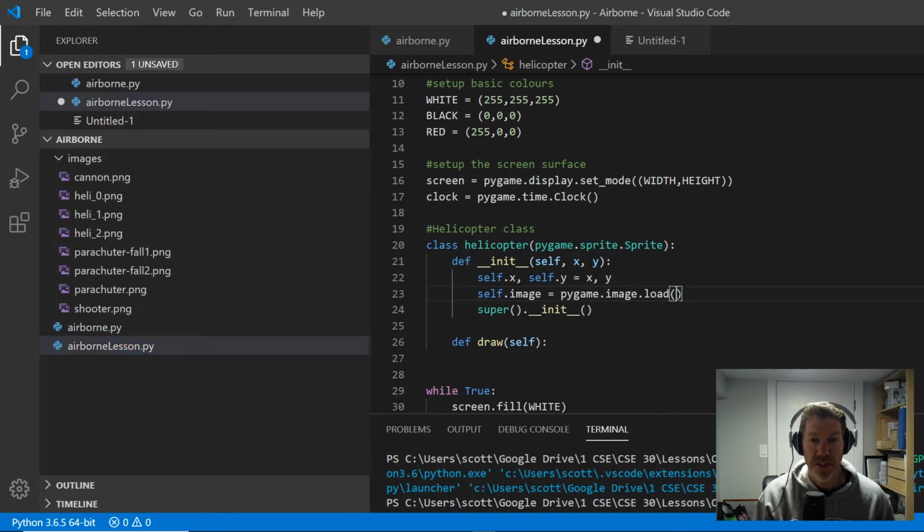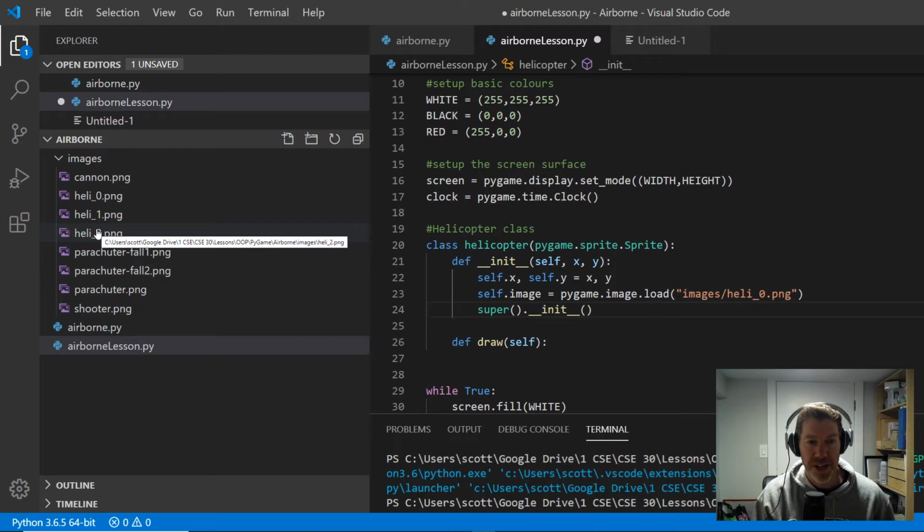We want in here, it has to be in quotes as a string, images slash heli0.png. You'll notice that here I've got 3 helicopters, and